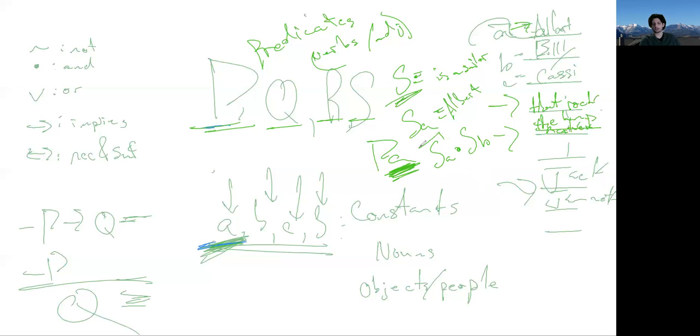So the idea is now our propositions have a little bit more structure than before. We're still going to build things together from before. We can still do old school logic on this, just as long as we treat this as our new proposition. If we wanted to compare two sentences, we would have to remember that Albert being a sailor is different than Billy being a sailor. So we would just have to be careful of that when we do our propositional logic rules, but we can get experience in all that.